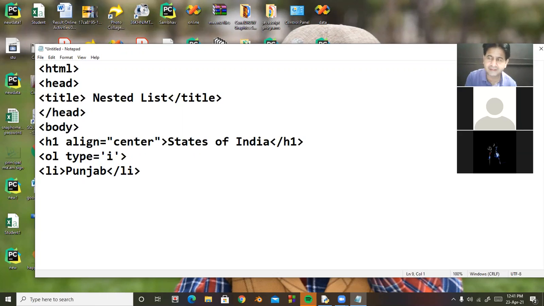Now, after that, we start another unordered list. In this unordered list, I take type equal to circle, and then I'm giving indentation for your better understanding of the concept.